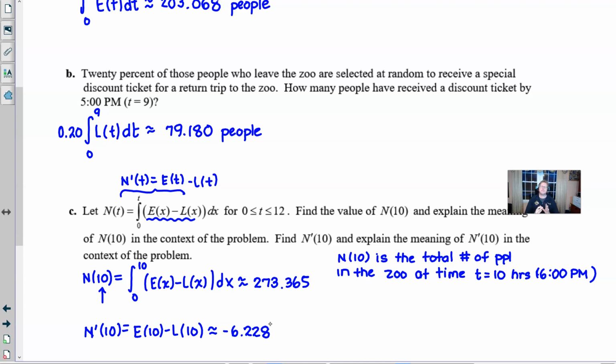So we have to think about this a little bit. What we've got going on here is E, which is the rate at which people are entering at time 10, minus L, which is the rate at which people are leaving at time 10. So when you subtract them, that's still going to give you a rate of change. It's the rate of change, not of the enter, not of the leave, but of the people who are in the zoo, the people who are visiting the zoo at that particular moment. So you'll say n prime of 10